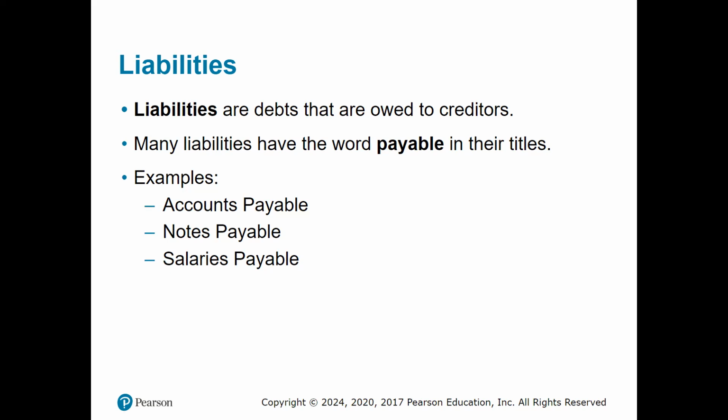So accounts payable are bills that we get from vendors for things like utilities, inventory purchases, other day-to-day type expenditures where we maybe didn't pay for it right away, but we're expected to pay usually within like 30 to 90 days for a payable like that. A note payable would be like a borrowing from a bank. It could be either short-term or it could be long-term, depending on when we're supposed to pay that money back.